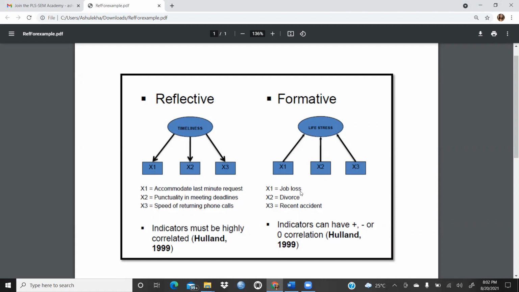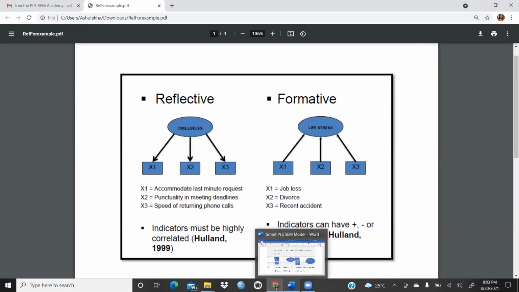So x1 is job loss, x2 is divorce, x3 is recent accident, and all these are leading to the life stress. If you ask a person why you are feeling stressed, it might be one cause, two causes, three causes, but it is because of all the reasons that this person is feeling stressed. So indicators here, in this case, need not be highly correlated. Indicators can be positive or negative, or there is zero correlation.